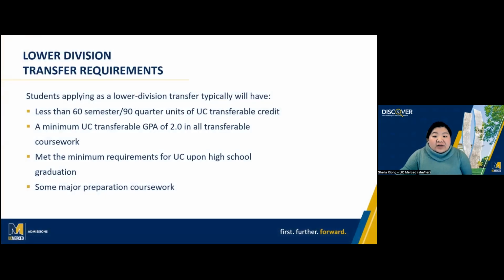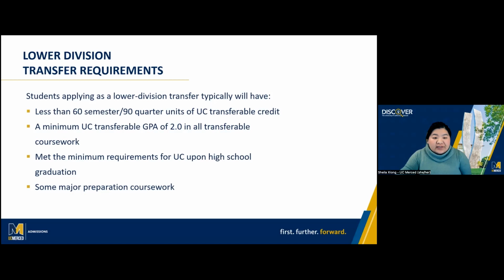All right. So while all UC campuses welcome a large pool of junior level transfers, most admit a limited number of lower division transfer students. Students applying as a lower division transfer will typically have less than 60 semester or 90 quarter units of UC transferable credit, a minimum UC transferable GPA of 2.0 in all transferable coursework,